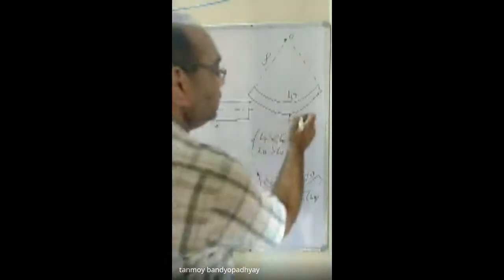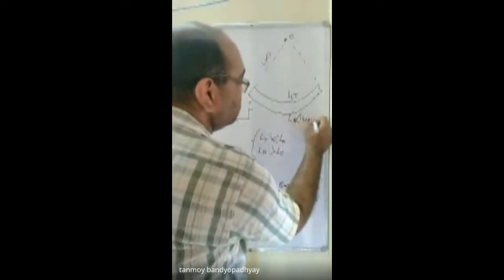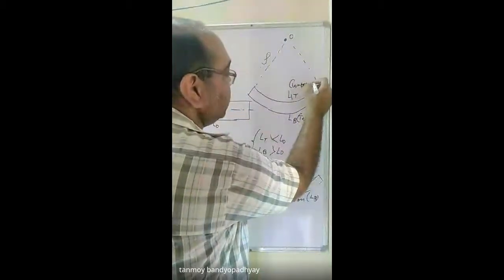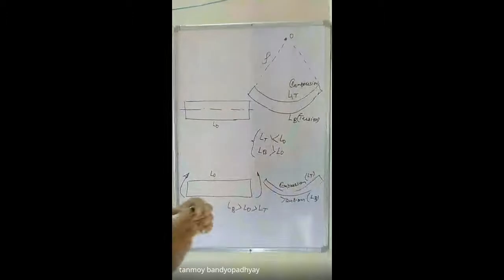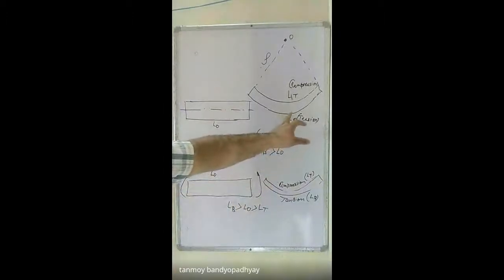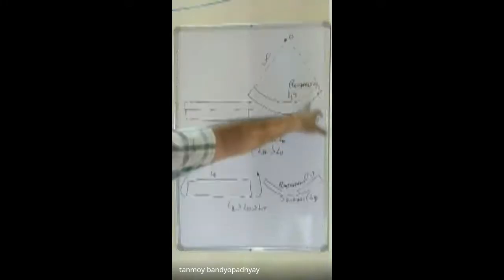Or let me put it differently. The bottom side, I told you that it is in tension, and the upper side, I told you that it is in compression. So now you start moving along the thickness of the beam. Once you start moving along the thickness of the beam, you are actually going from the tension to the compression side.